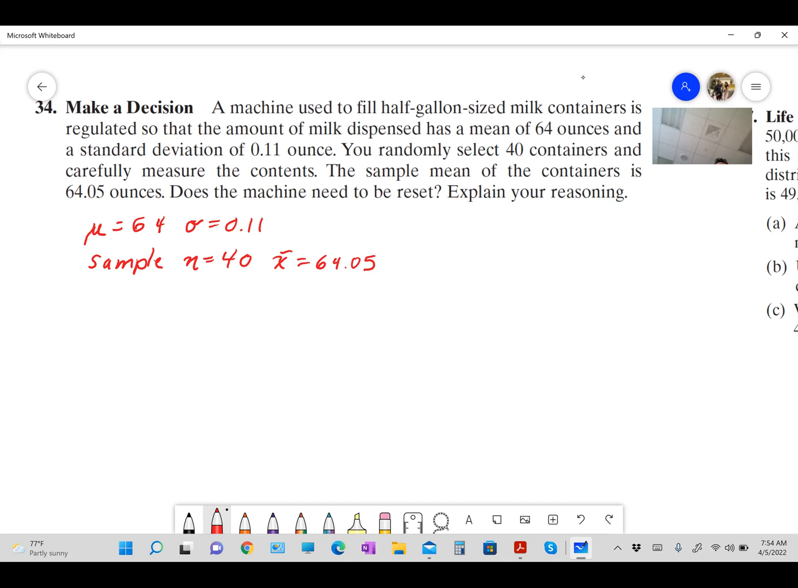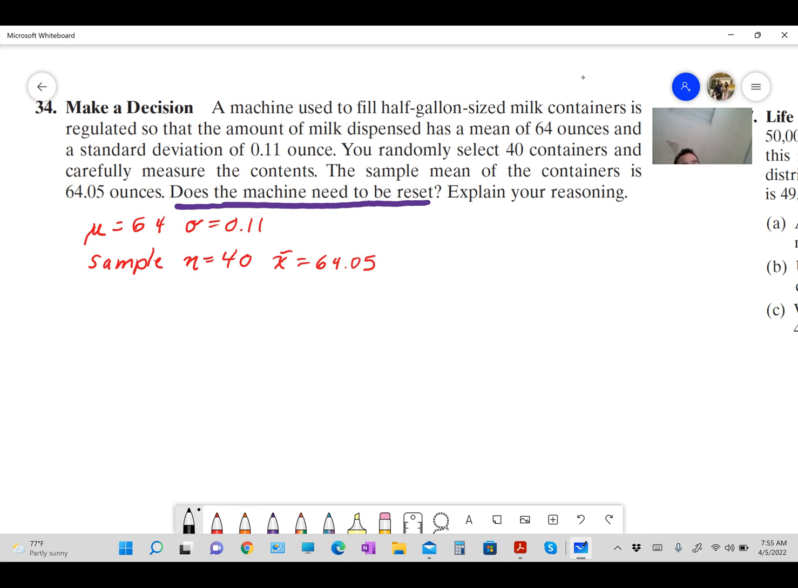So that says, does this machine need to be reset? This is the question we're trying to answer. Explain your reason. So what we do is we realize that in the case of this one sample, 40 different